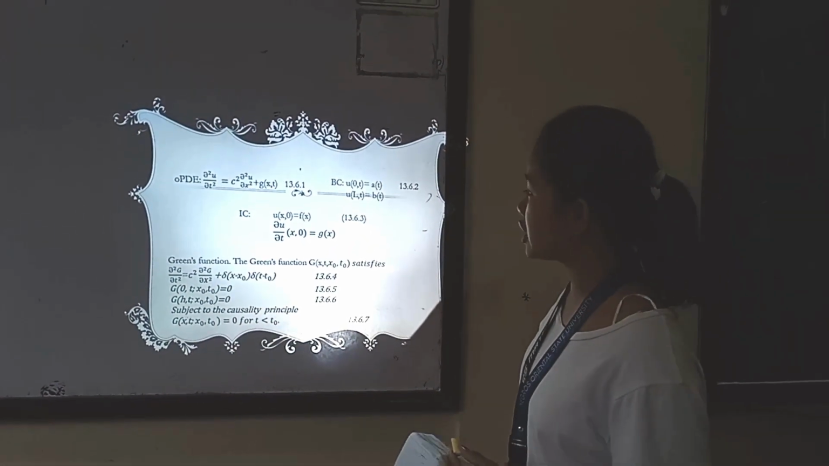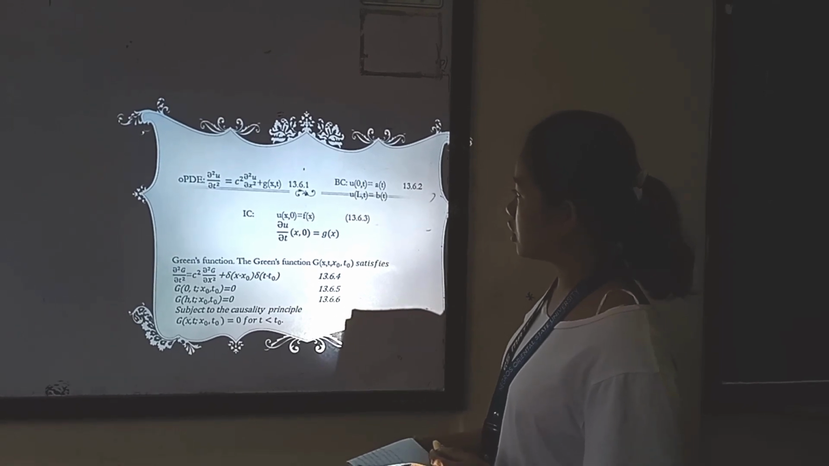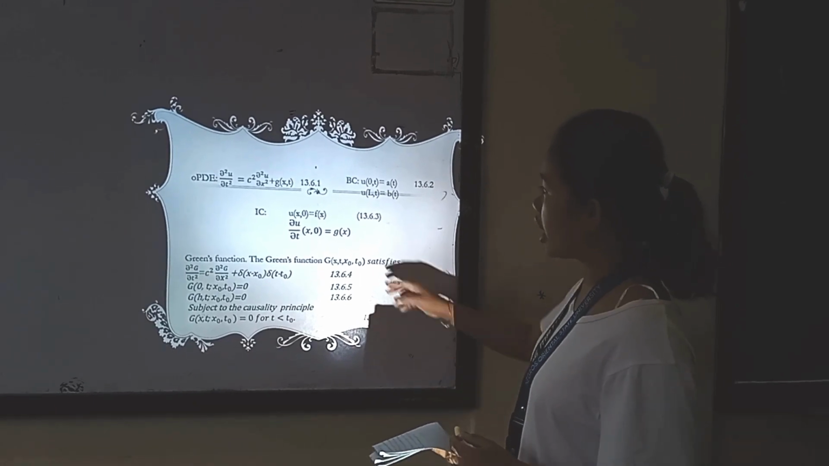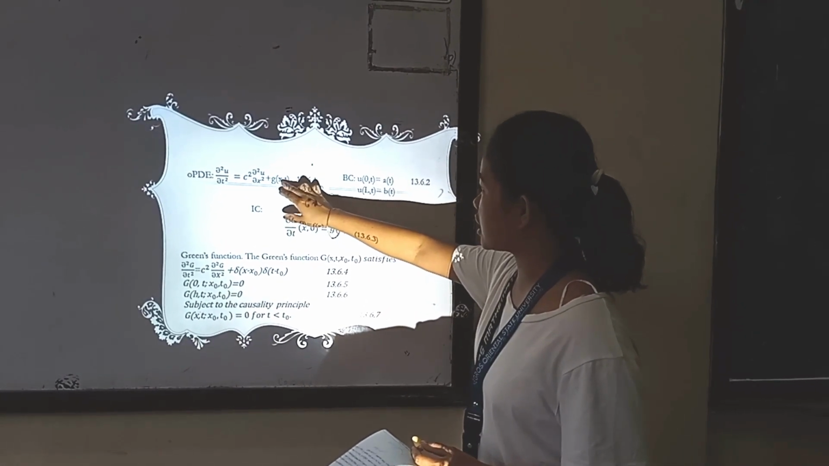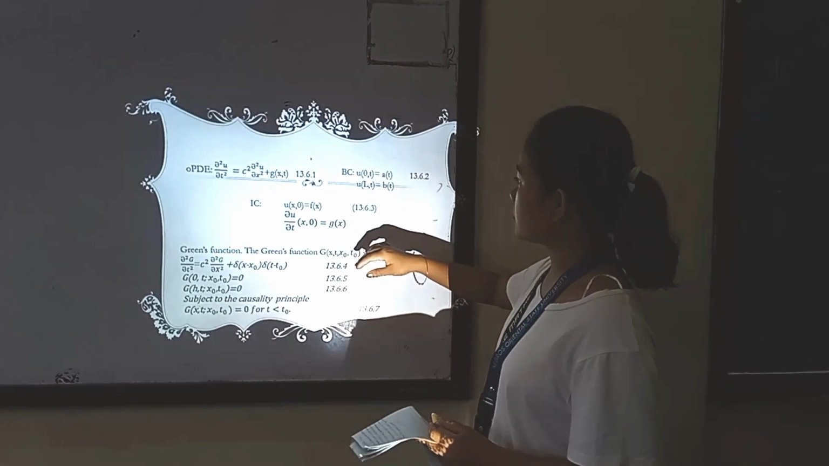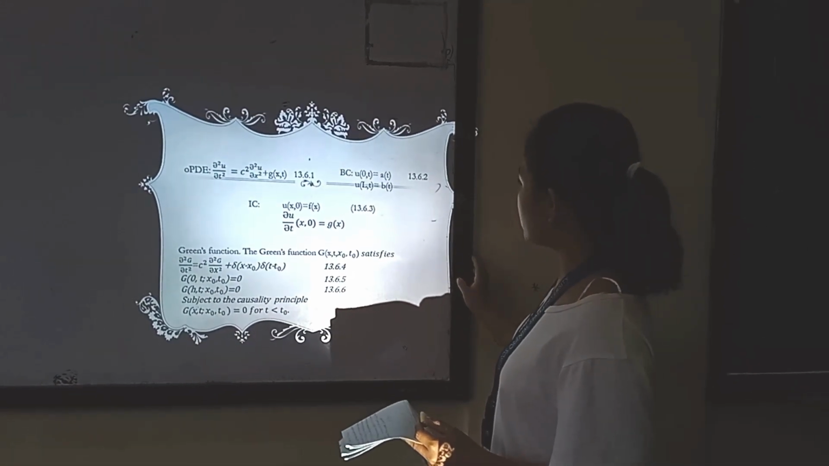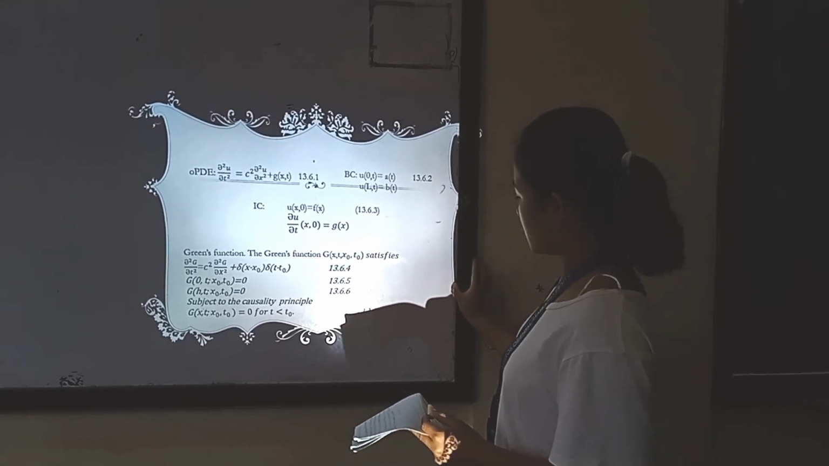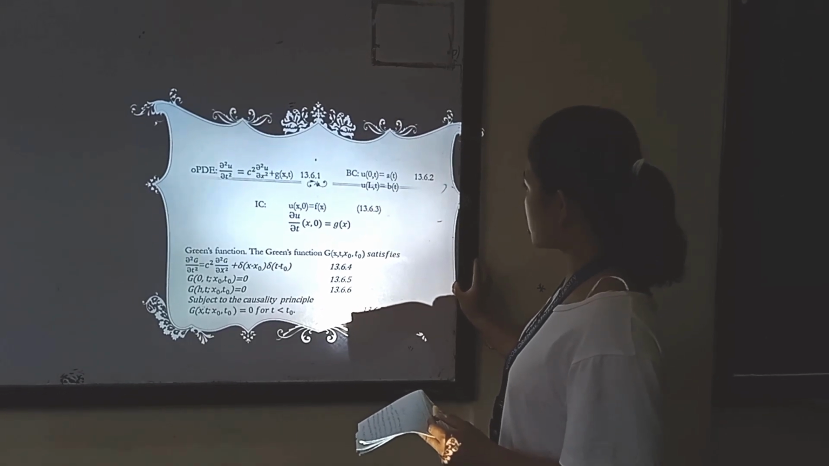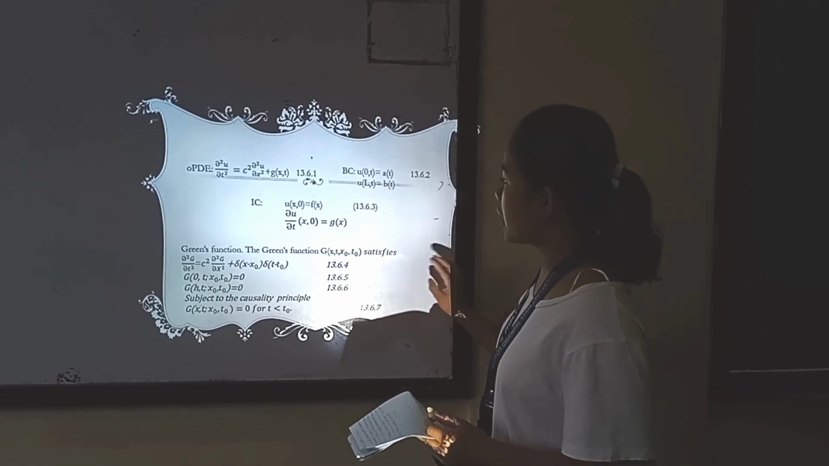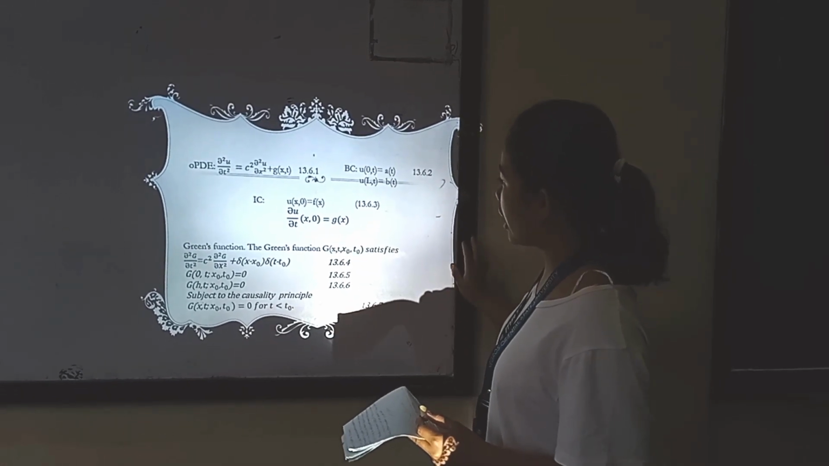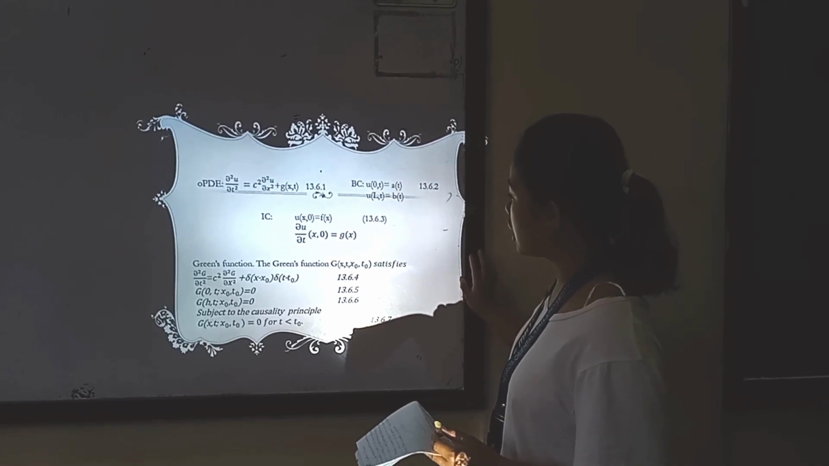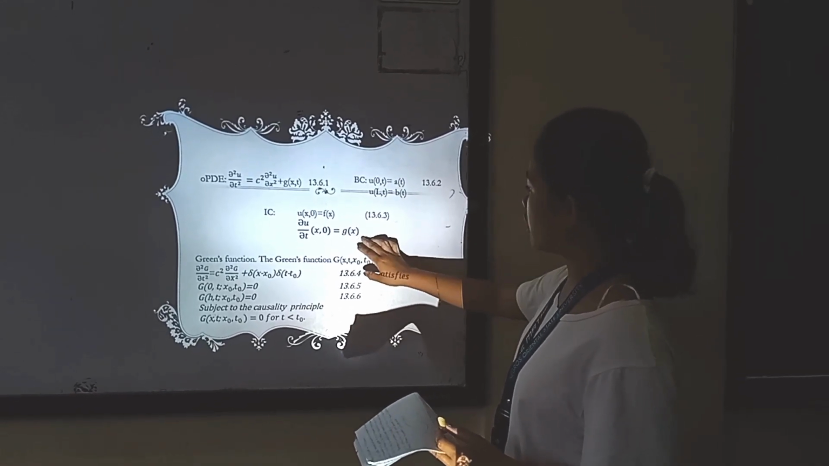So we have the partial differential equation, second derivative of u with respect to t squared equals c squared times the second derivative of u with respect to x squared plus g of x, t. So that is 13.6.1. So we have a boundary condition, u of 0, t equals a of t. Then u of l, t equals b of t. That is 13.6.2. So we have an initial condition, u of x, 0 equals f of x. Then the derivative of u with respect to t at x, 0 equals g of x. That is